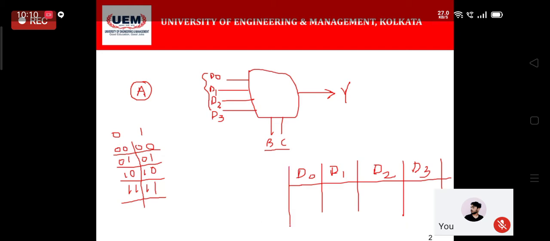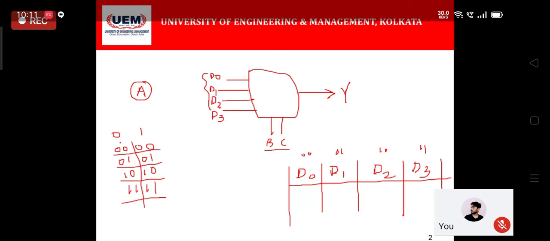You can consider these to be the values 0 0, 0 1, 1 0 and 1 1. These are the 4 values of the related operations. D0 comes out when BC is 0 0, D1 comes out when BC is 0 1, D2 comes out when BC is 1 0, and D3 comes out at the output when the value of BC is 1